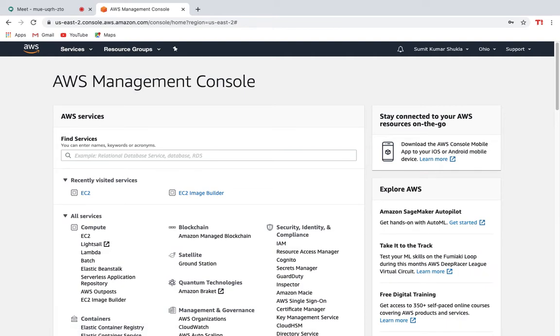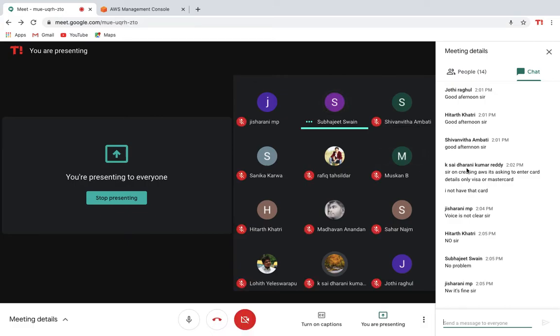Go fast and make an account and make sure that you have made it. I'm waiting for everyone. Go first and make your account there.